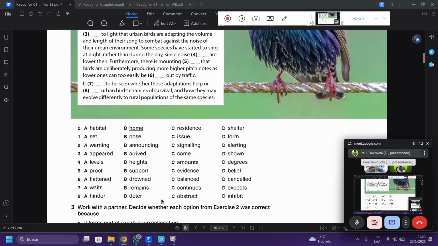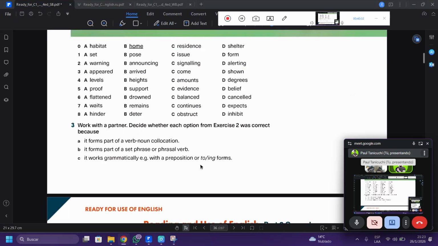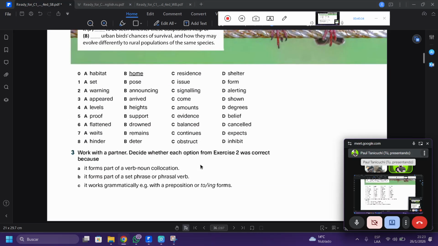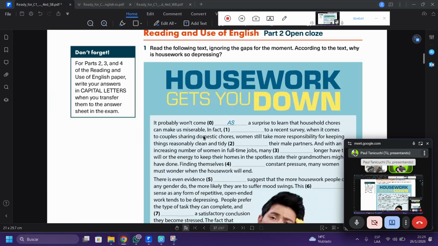Yes, hinder is like you obstruct it, right? But no, it is not the case here, because of the collocation. Work with a partner, decide whether each opinion from the exercise was correct. Okay, no, it is only about grammar.